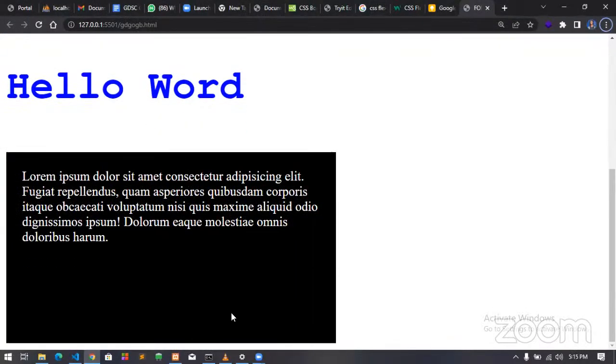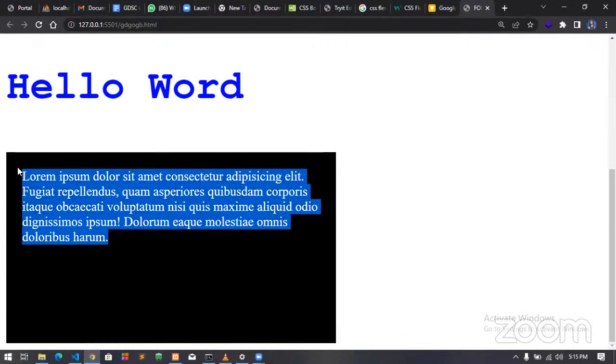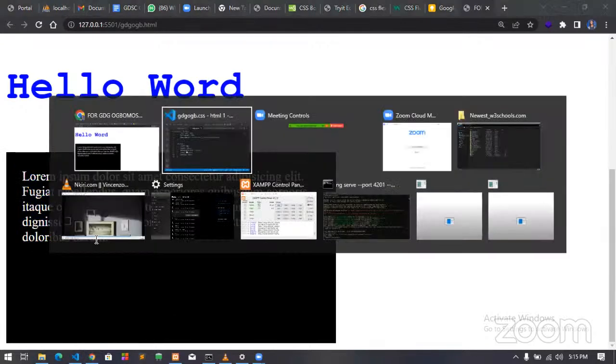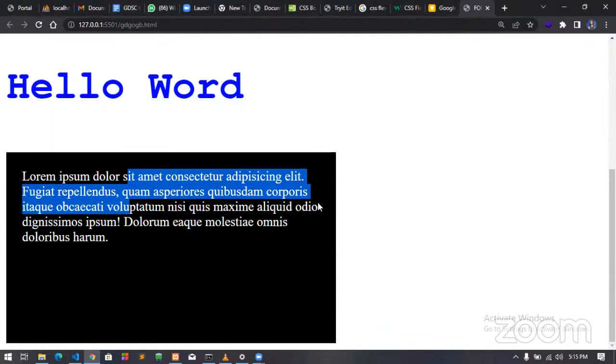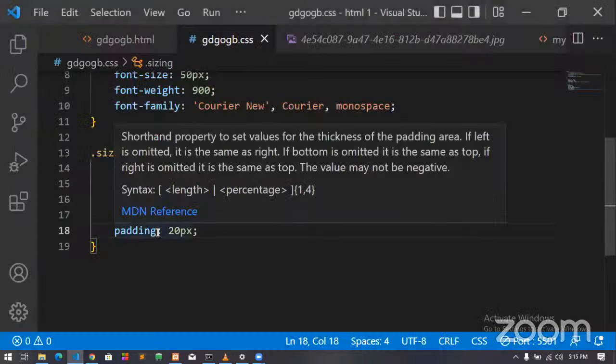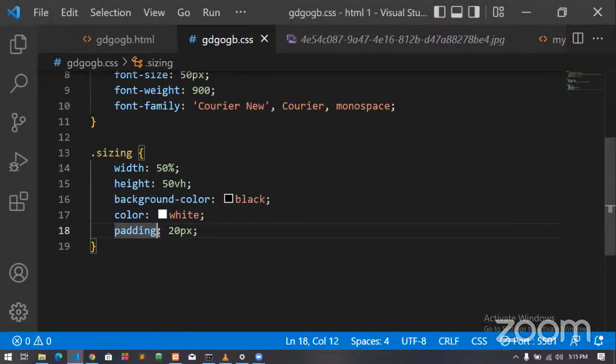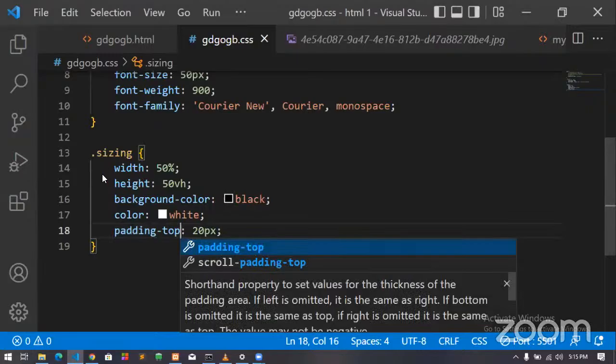now look at what we have. Can we see that there's a space now? But the way padding works is whenever you use the word padding, it will give you 20 pixels at the top, 20 pixels by the right, 20 pixels by the bottom, and 20 pixels by the left. That's how your padding works. Simple. If you don't want the padding at the bottom, you can just say padding-top, and it's only the top that is having it.